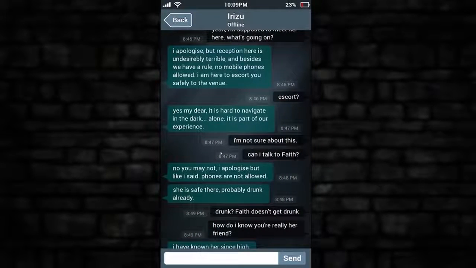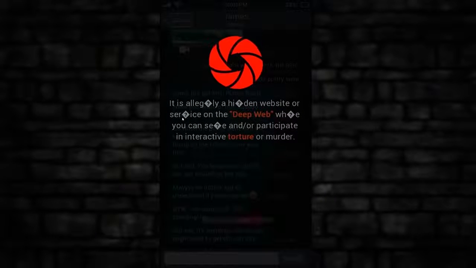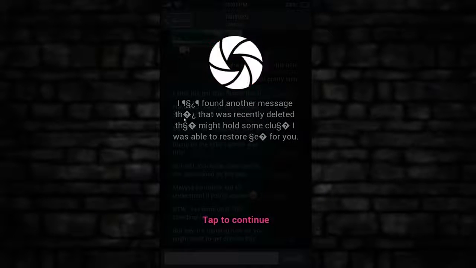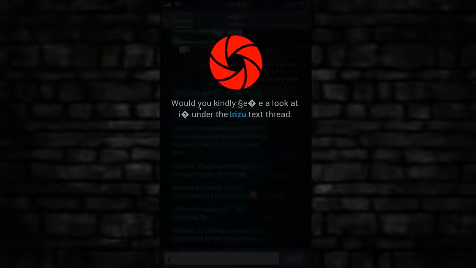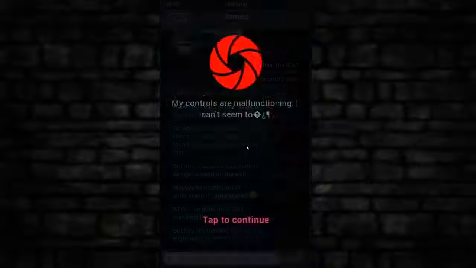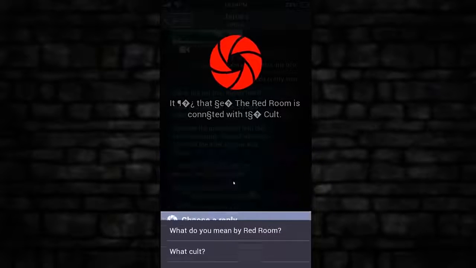And by the way, that text thread with Irisu was only given to us because Iris happened to find it after the video from James was opened and Iris became infected. Even after being hit with the same device-killing virus twice, Iris was somehow still standing and still managed to find a clue. The AI began talking about the Red Room, which was the title of the video, and how it's